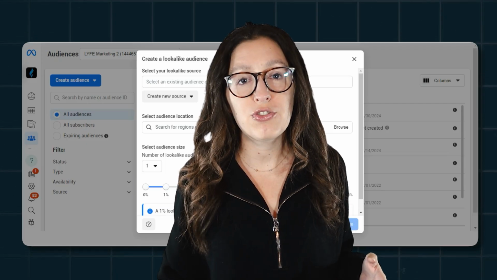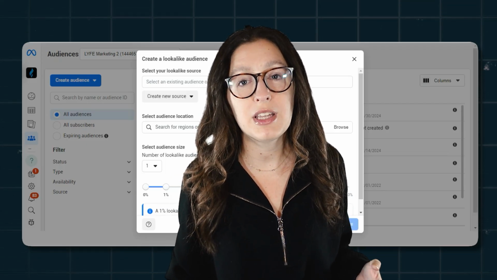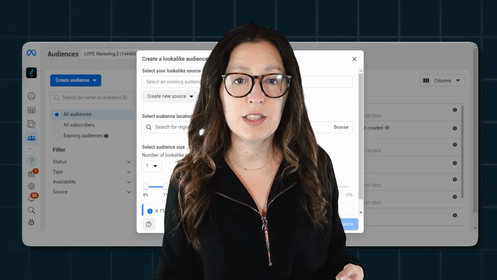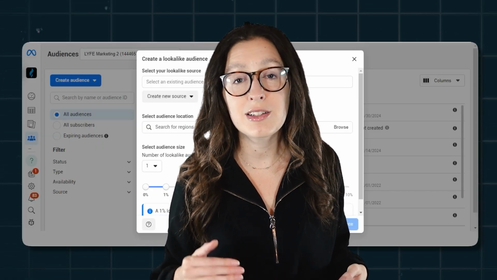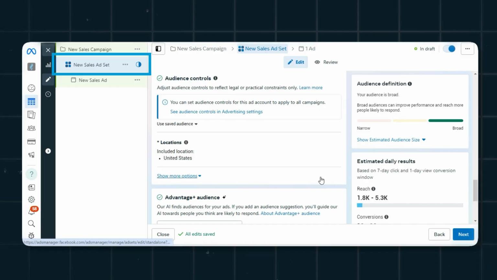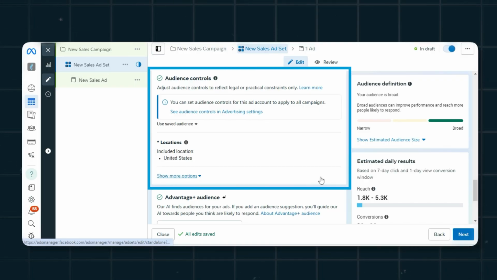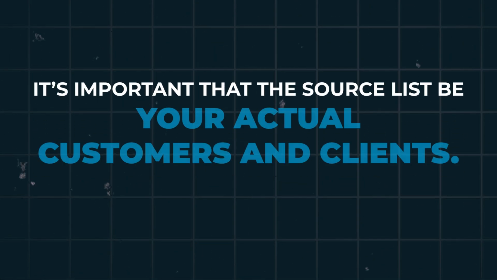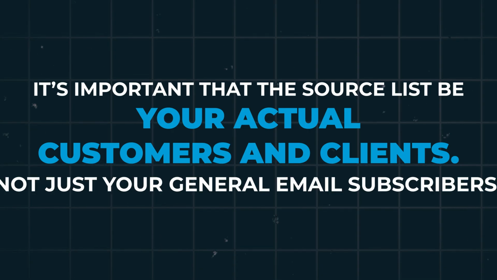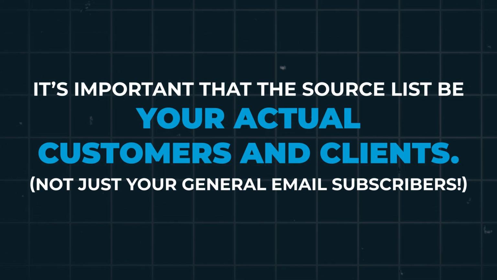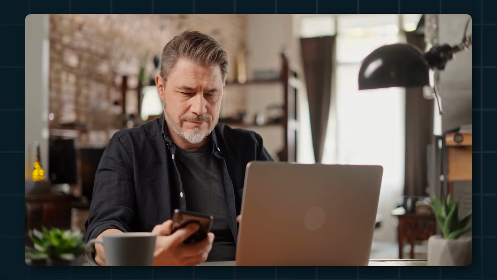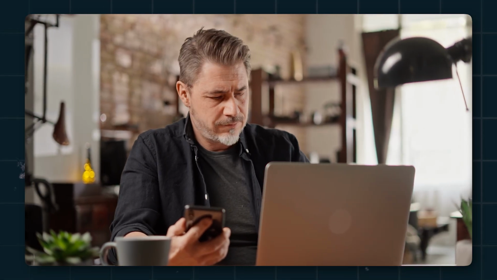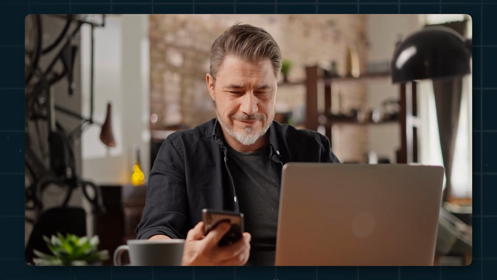Both of those things will make sure Facebook has a big enough pool of people to analyze, and that the new audience it finds for you resembles your customer base as closely as possible. And then in the ad set level under audience control, select that custom lookalike audience as the audience that you want to target. Now, it's important that the source list be your actual customers and clients, not just your general email subscribers. Sometimes business owners combine all the email addresses that they have to try and reach that 1,000 contact